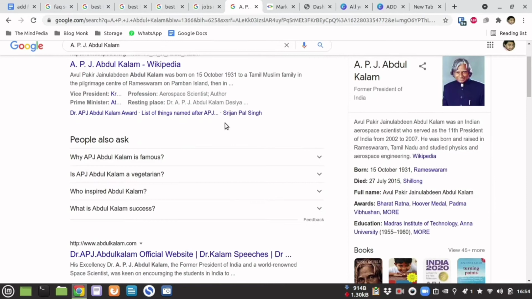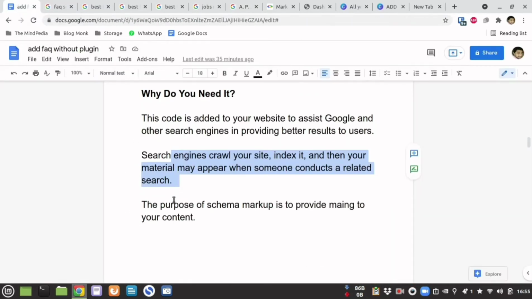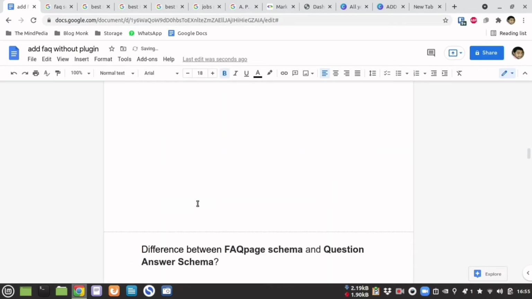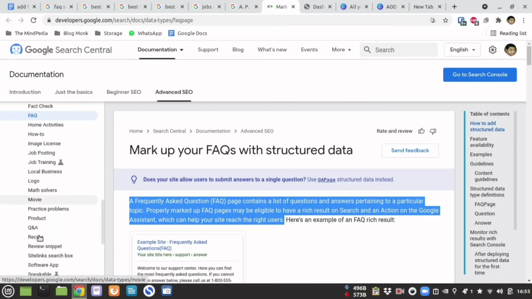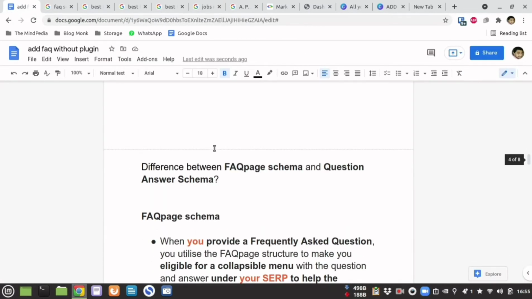As you can see over here, depending upon my requirement, if I'm searching for a book, Google will recommend me a book. If I'm searching for an answer and information, then Google is going to give me information. If I'm searching for a tutorial, Google is going to show me YouTube recommendations. Now, in order to make Google understand what your page is trying to convey, FAQ schema is very helpful. Now there is a difference between FAQ schema and question and answer. As you can see over here, you can find question and answer and also FAQ schema. Now I'm going to discuss question and answer and FAQ schema to make you realize what is the difference between them.